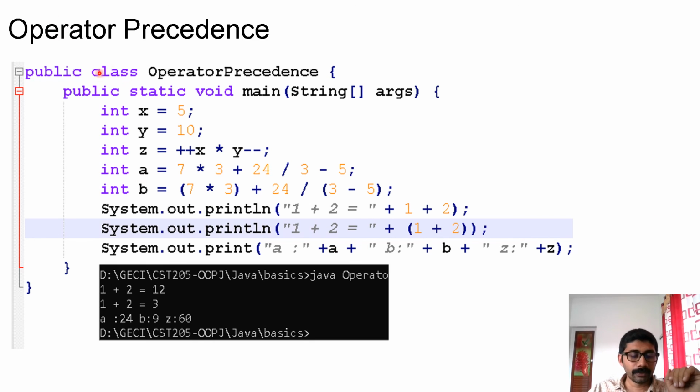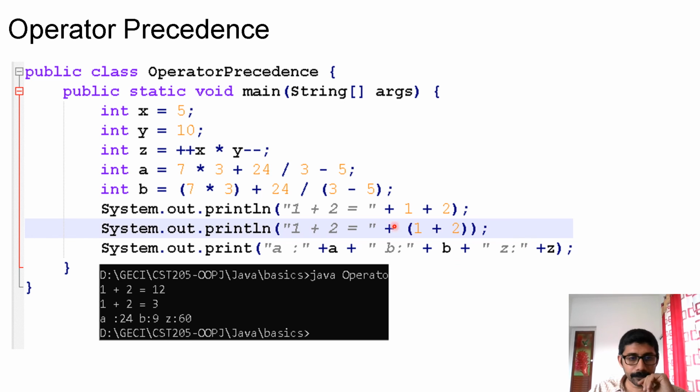Let us see one example. Operator precedence, one class is there. In the main function, x equal to 5, y equal to 10, z equal to plus plus x star y minus minus. What would be the result of z?